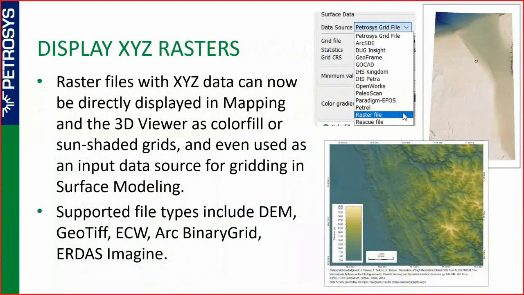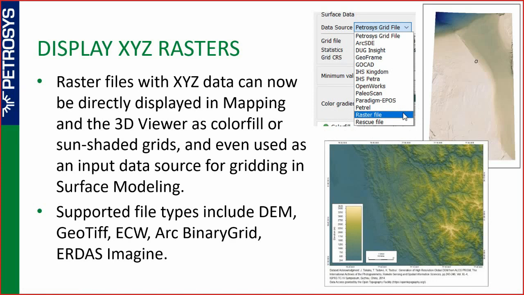In 2020, we can also now directly display DEM and bathymetry data, referred to here as raster files with X, Y, and Z coordinates. This can be displayed in Mapping and the 3D viewer as a colour fill or sun-shaded grid, or a combination of both, and it can be used to complement your regional maps. In previous versions of Pro, you would have to convert this data into the native Petrosys grid format before displaying it. Now, instead, we simply have this raster file option within our data source list of our display grid